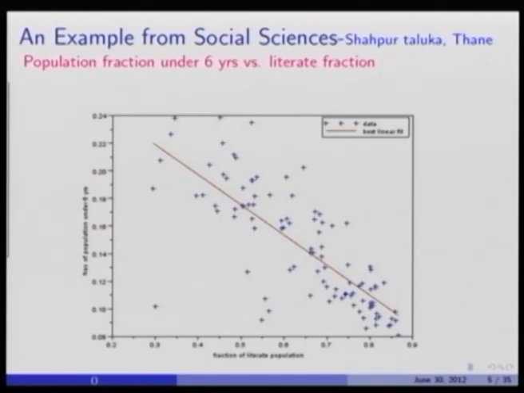Okay? Is that clear? So now if the fraction of children is greater, then what do you expect the village population to